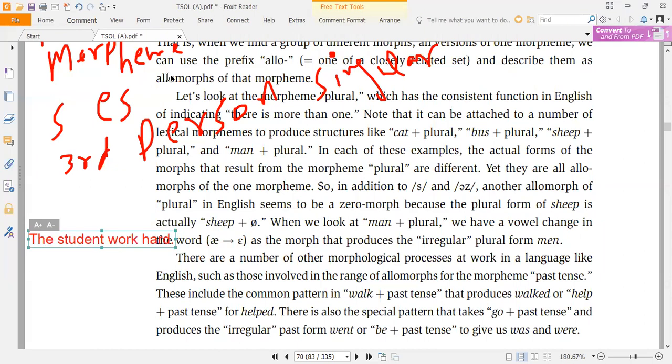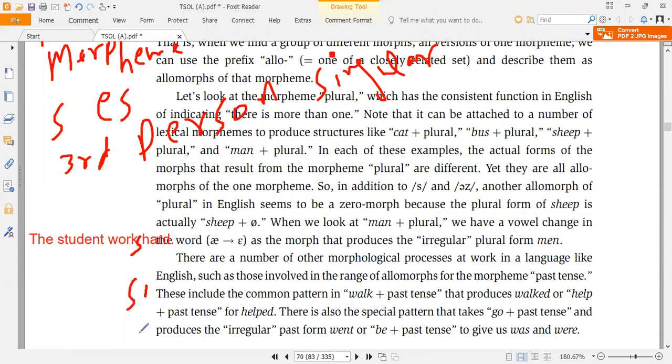None of you said, and no one will say, sir, the student third person singular work hard. Rather, all of you will say the student works hard. Works. You will just add the sound, and in the written form you will just write s